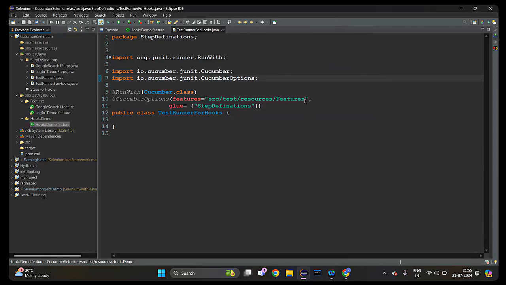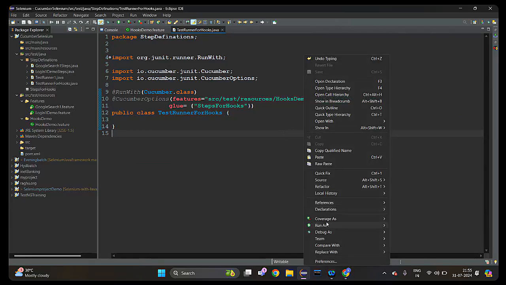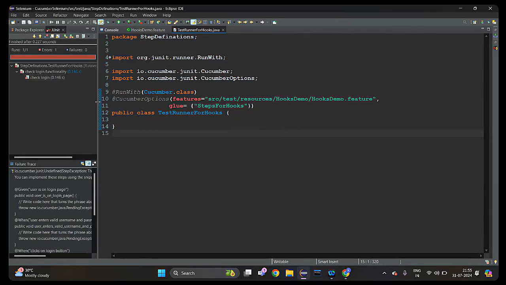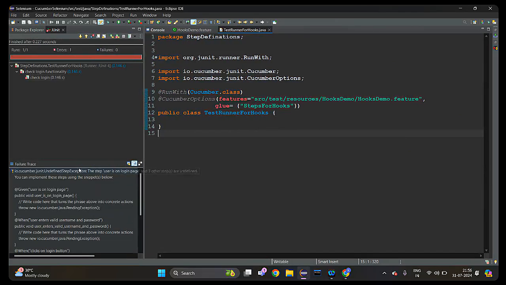and in feature files after resources. Okay. Just give it this one, and here in the step definition, what you need to do is just copy this one and give it over here. Okay. Now just run it. Now you're getting unimplemented methods over here. Okay, these are the unimplemented methods,